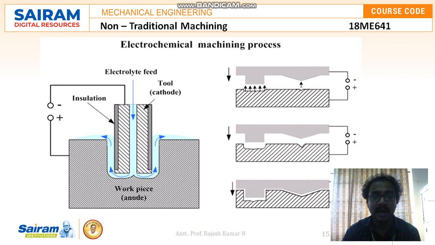So when the electrolyte is supplied in the presence of high current, the current will be passed through this electrode in the presence of electrolyte. It will start to impinge on the workpiece so that the metal ions will get dissolved, or else we can call it vaporization or ionization, whatever we can call it, so that there will be a metal removal rate, and the metal removal rate will also be very quick.